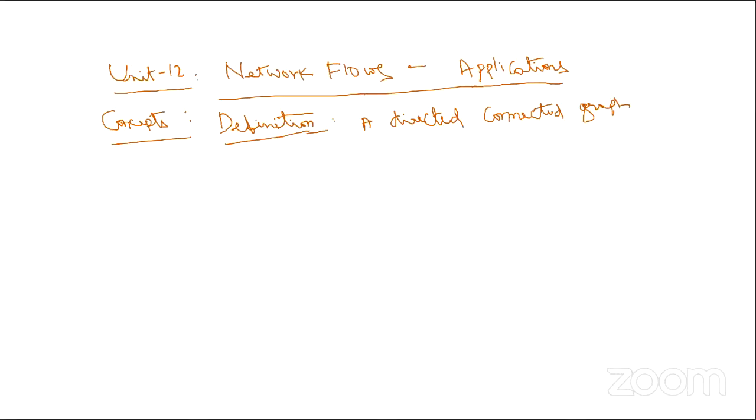Directed connected graph G containing no loops is called a network. Called network N if and only if